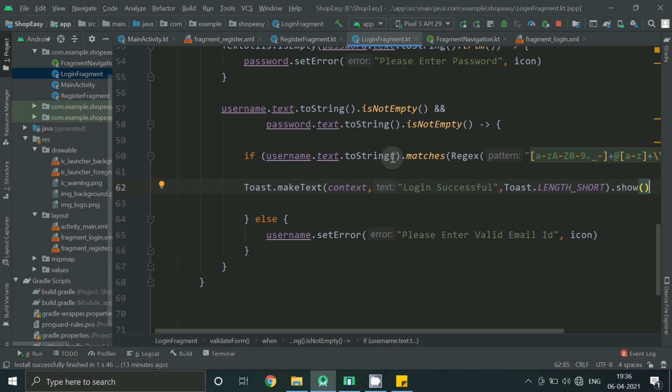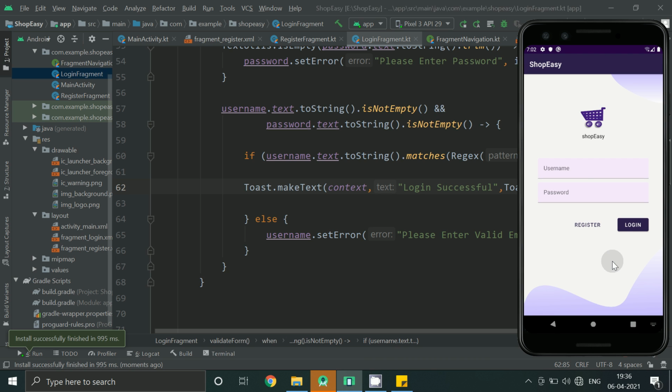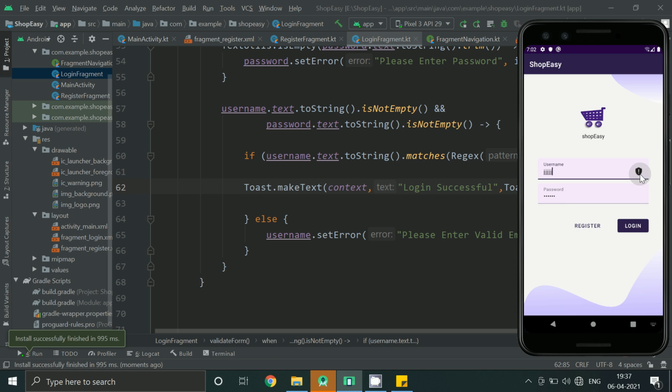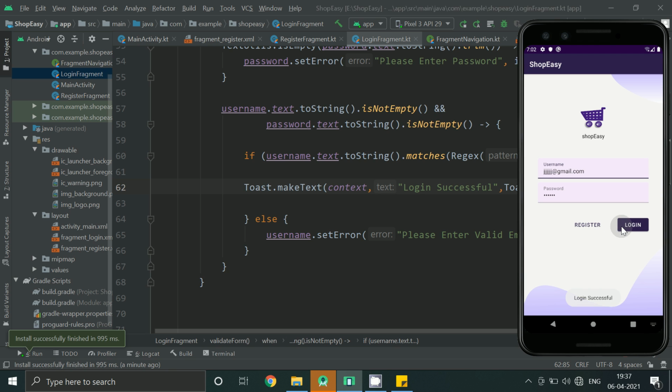Now let's run our app. So now we have got this successful message when we have entered the correct format for email ID.